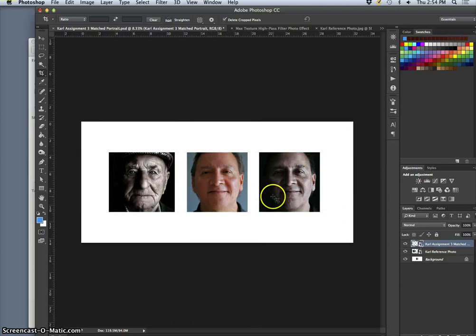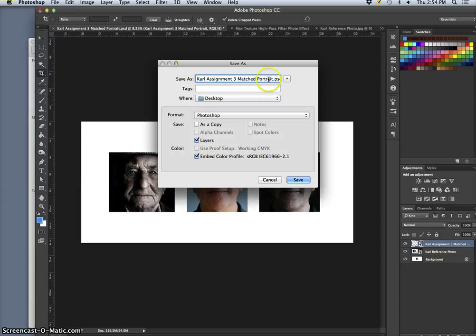And I make sure they're evenly spaced. And this way it's easy for me to kind of see how I made the choices I made. And I'm just going to save this as my matched portrait full process. Well, no, that's not right. Let's see. Full layout